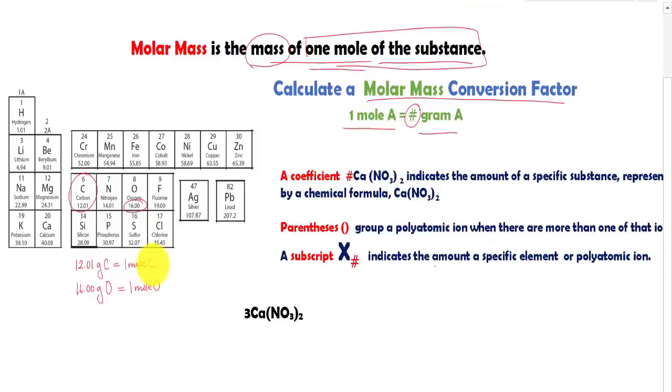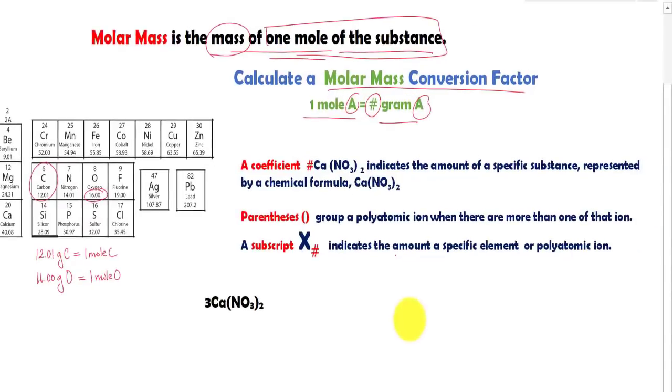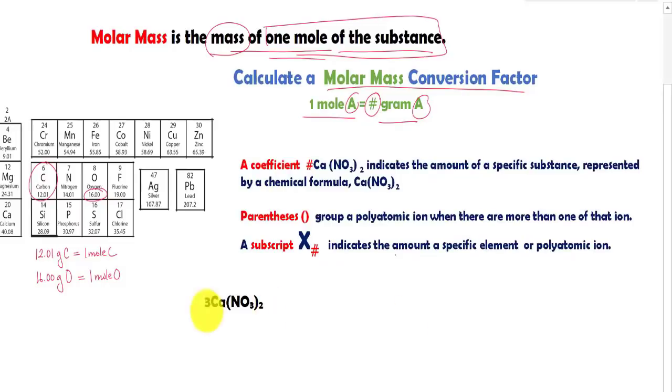In this case, the molar mass of carbon and oxygen are easy. We can just look at the periodic table to determine their molar mass. However, what happens when the substance A becomes extremely complicated, such as the one right here, 3Ca(NO3)2? In order to solve for the molar mass of this substance, we need to know the different parts of